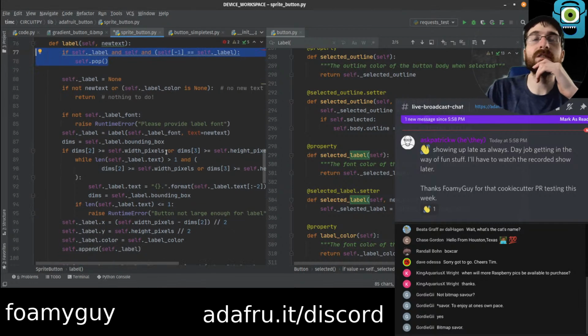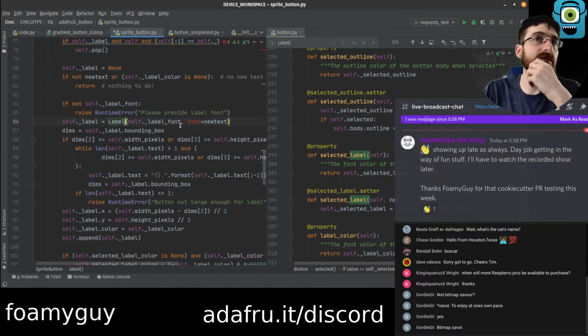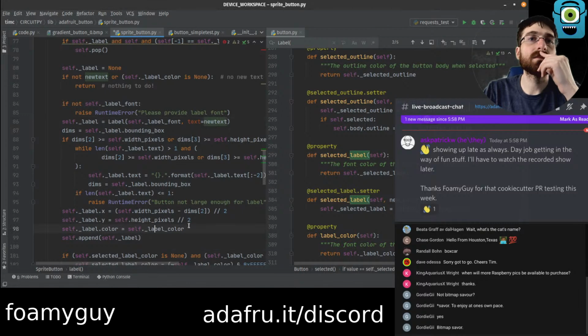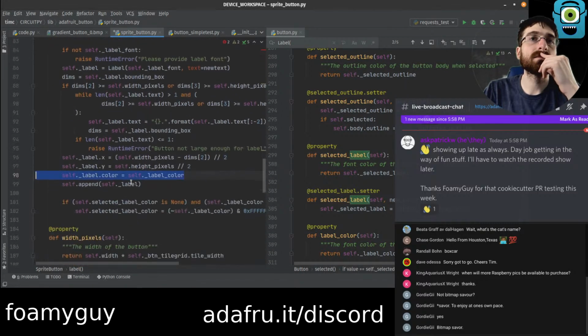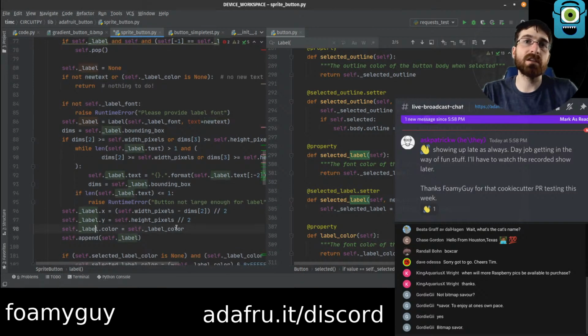Let's just see though, why does the color not work? Because it should still work with the color. So we create a new one. Okay, so the reason the color's not working is here we are setting the text and then it's setting the color equal to the label color, not caring about the selected label color.